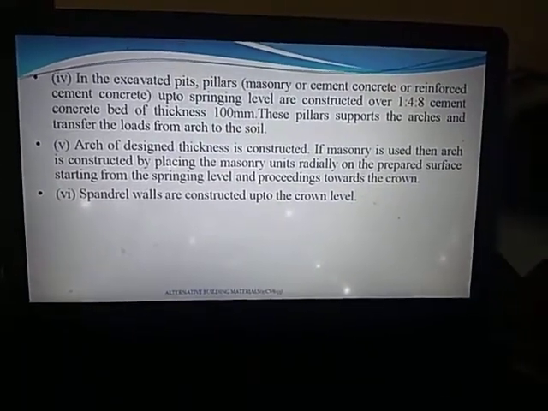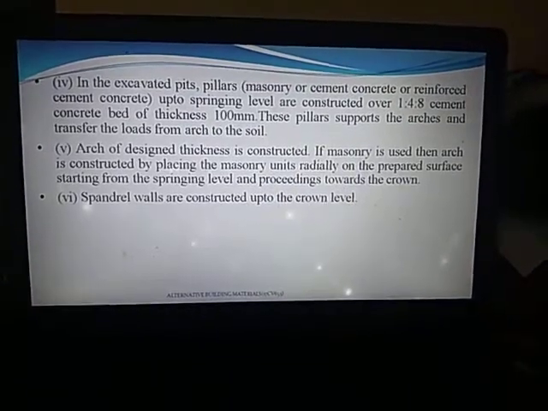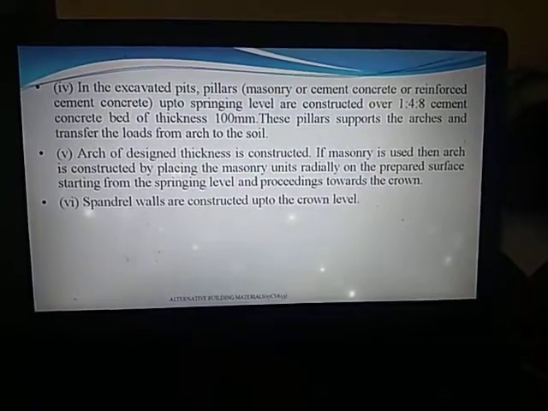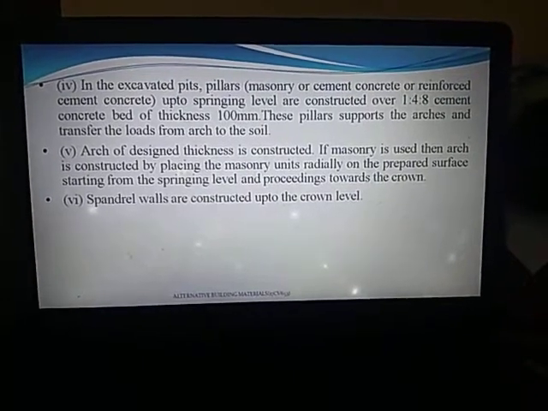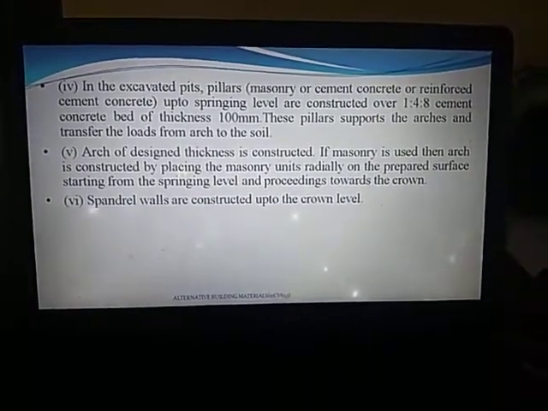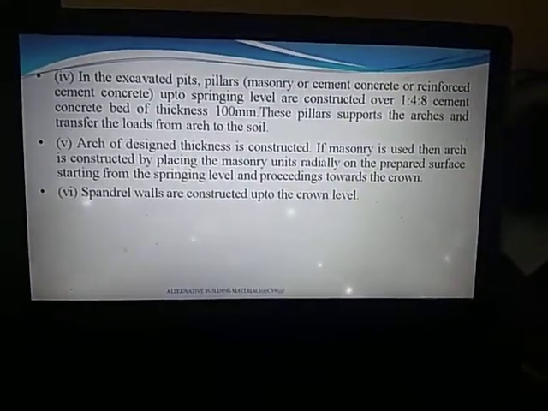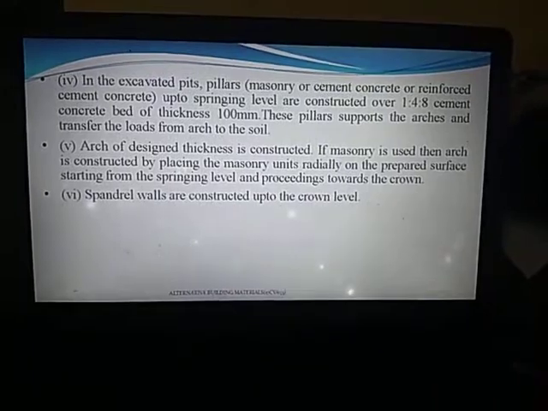Next, the arch of design thickness is constructed. If masonry is used, then the arch is constructed by placing the masonry units radially on the prepared surface, starting from the springing level and proceeding towards the crown. So you have to, if you're using masonry, then you have to